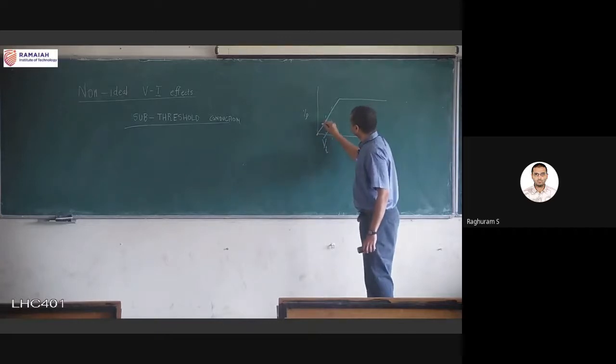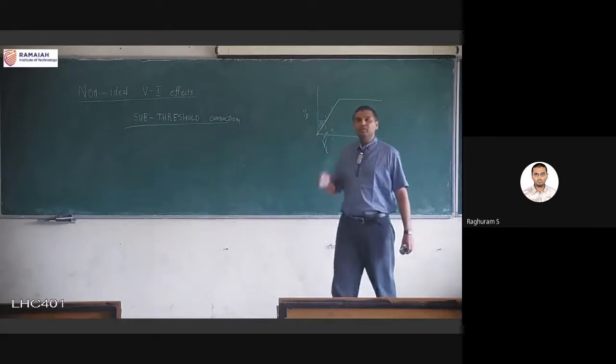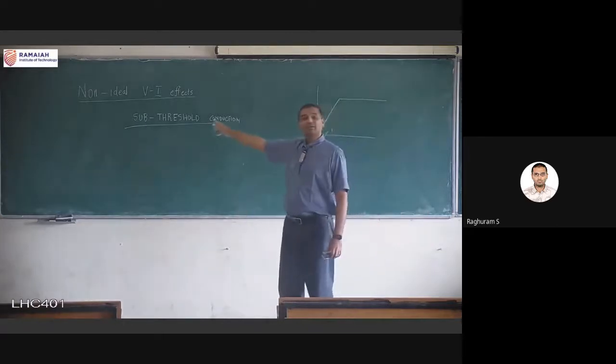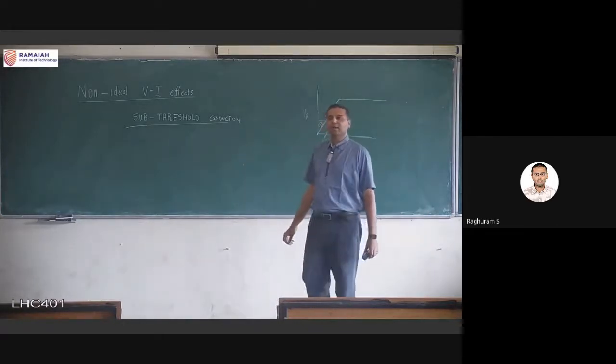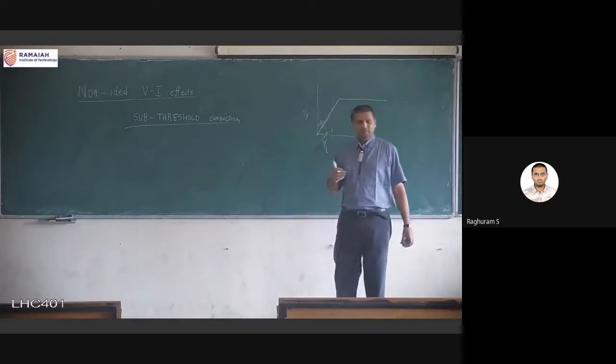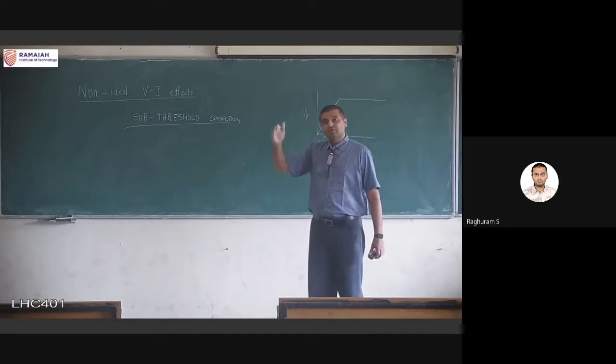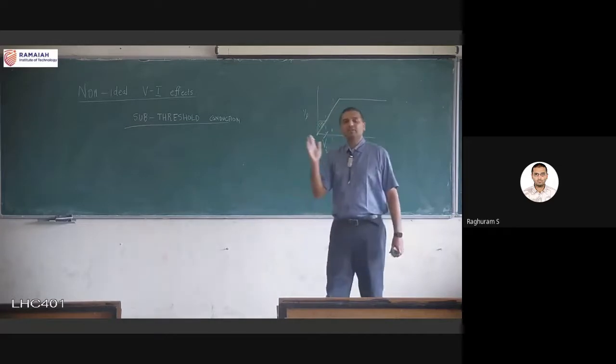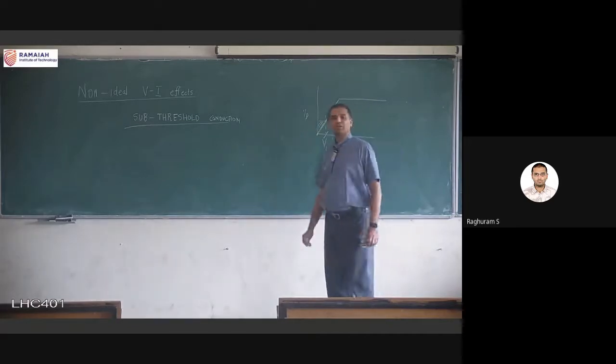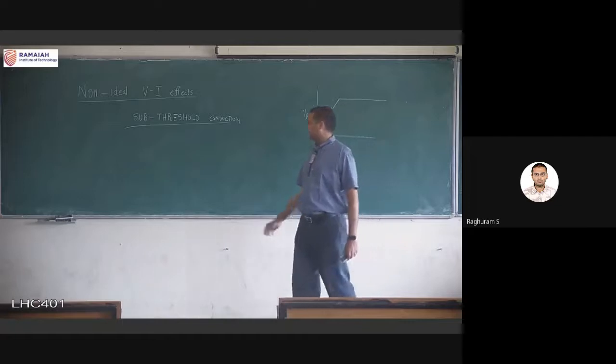And this range, where it is going from 0 to Vt, that is where the sub-threshold conduction is happening. That is, if I am having some transistor that is going from 0 to high, at 0 to Vt also it is conducting. Above Vt, I know it is definitely conducting, there's no doubt about that. But between Vt and 0 also there will be some conduction, which is called sub-threshold conduction. So I'll just summarize that here. Conduction